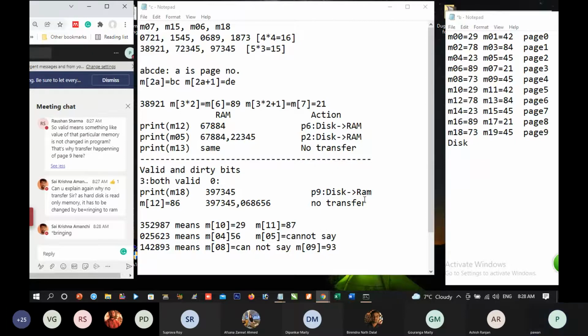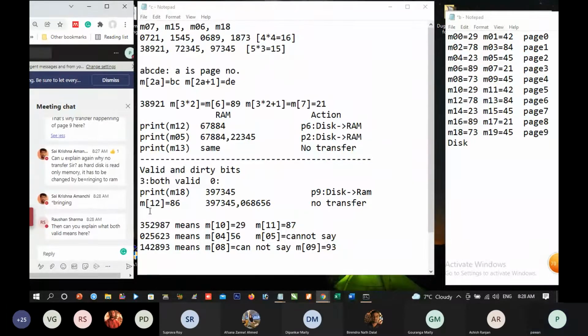Reason? Why don't we want to update the disk? Reason is this, that M12 can again be updated in the future. Is it correct? So at present, we are only writing it into the RAM and waiting till the program is getting over.